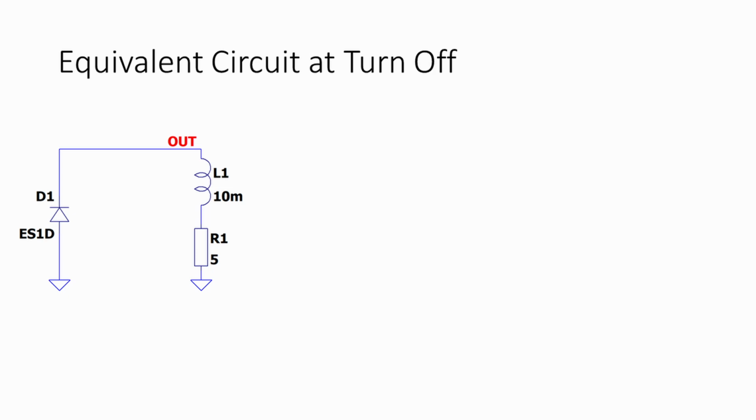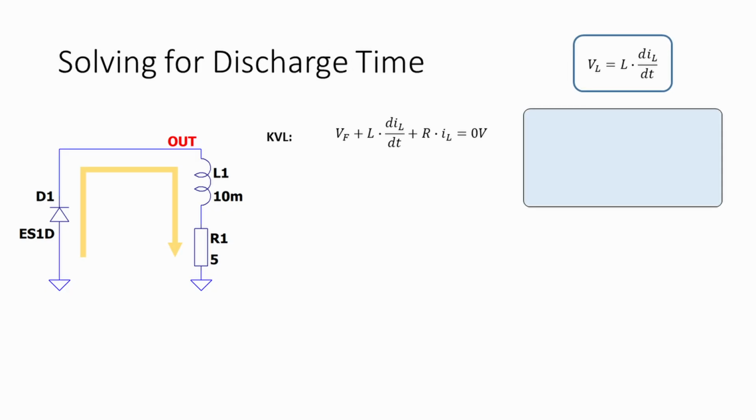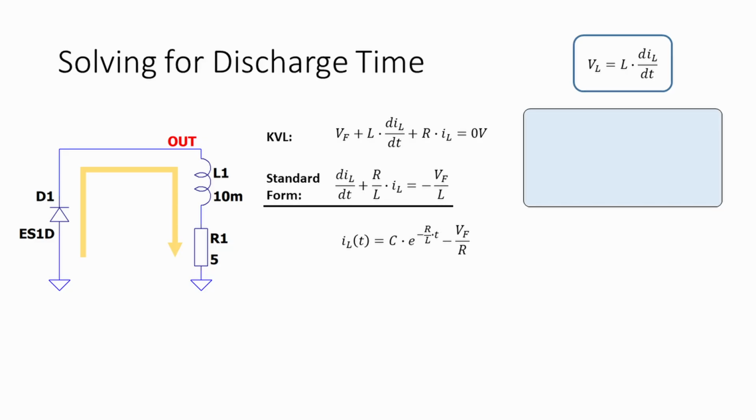So, in order to analyze whether the catch diode remains within this junction temperature limit, we can again use energy. To start, the equivalent circuit at turn-off is shown. We can find the equation for the current loop by using KVL and the inductor equation. Rearranging it puts it into the standard form for differential equations, which can then be solved with your favorite diff-EQ